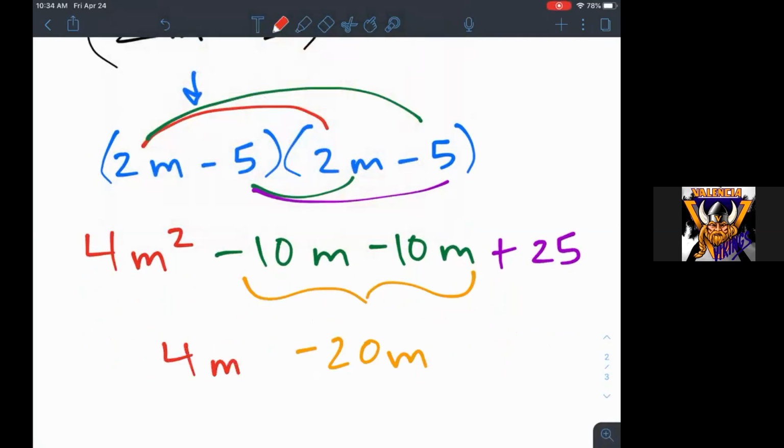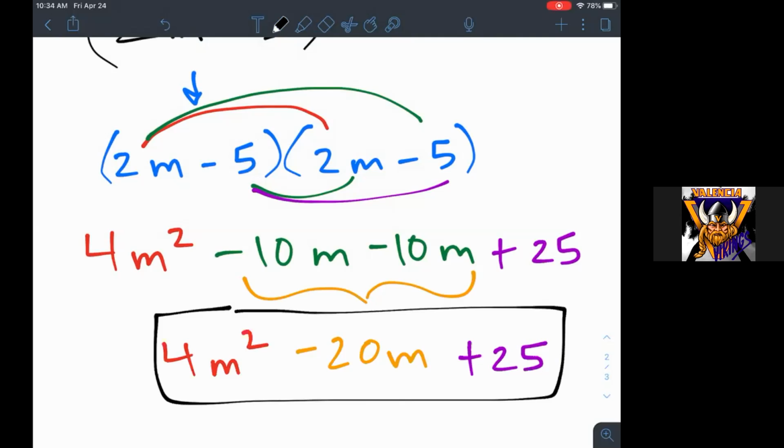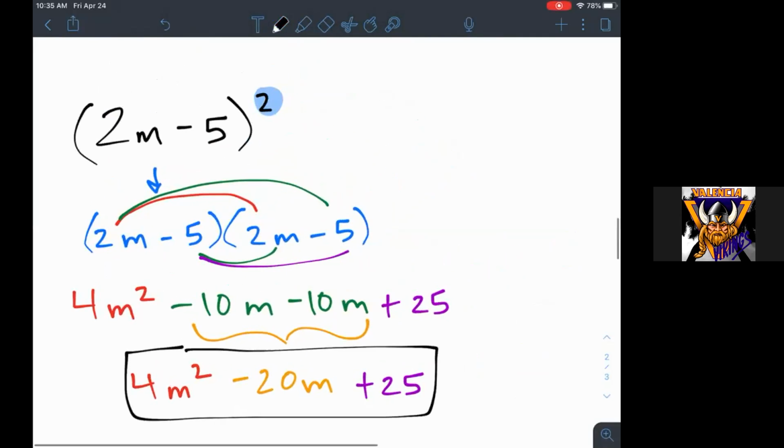We have 4m squared, which had no like terms, so it just comes down for the ride, and positive 25 cannot be added to either of those other terms, as we see, and boom, we have our final answer. Now, real quick, the reason why we couldn't go back and distribute this, what I'm doing in pink is not good,